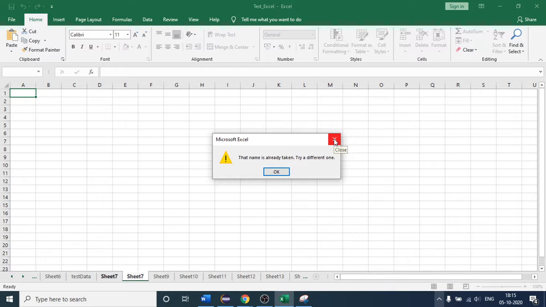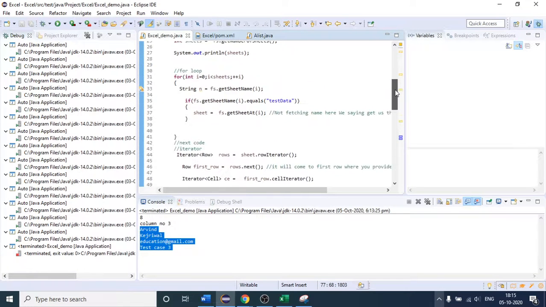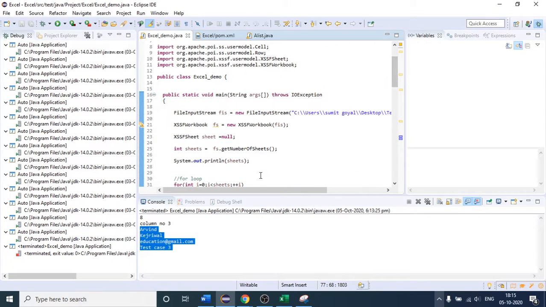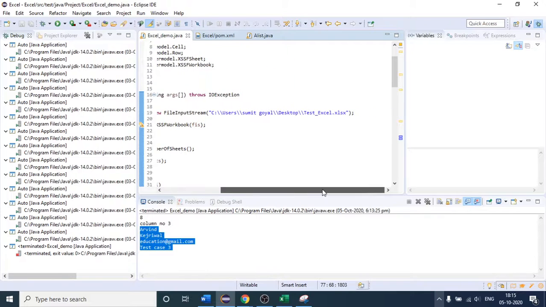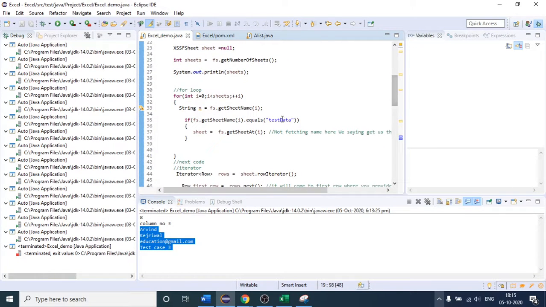That I understood. We have to mention in Selenium in Eclipse as well from which tab it is going to read. This is the path you have provided, where your Excel sheet file is. After that, inside this, we are providing that this is our required sheet inside the Excel file. So you have to provide it. Okay, thank you.